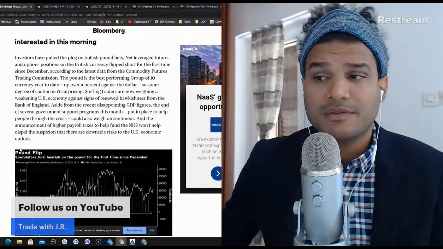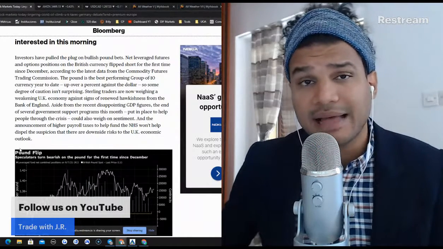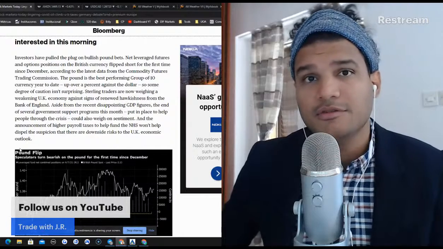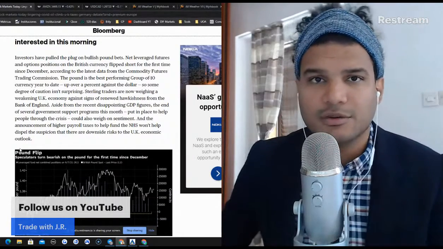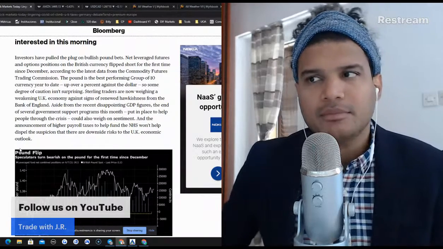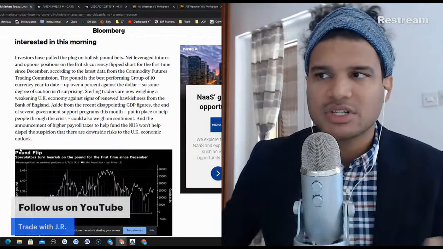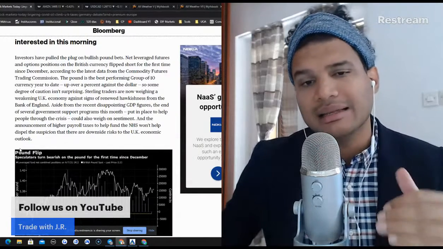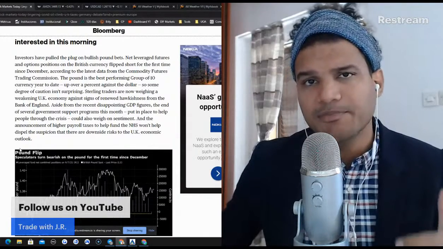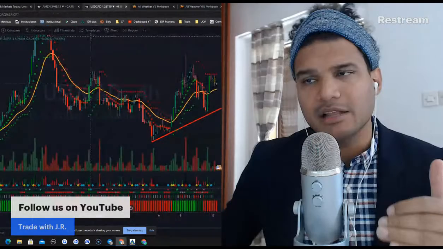So for someone that says, "Well, I have to pay more taxes to keep the NHS alive," if you don't want to give more, of course, because you're already tight, then it's bad news. But at the same time, this period of weakness can be translated into a massive opportunity to align yourself in the medium and long term in the pound. So once we cover the news, let's take a look at the charts. Let's just go directly to my TradingView.